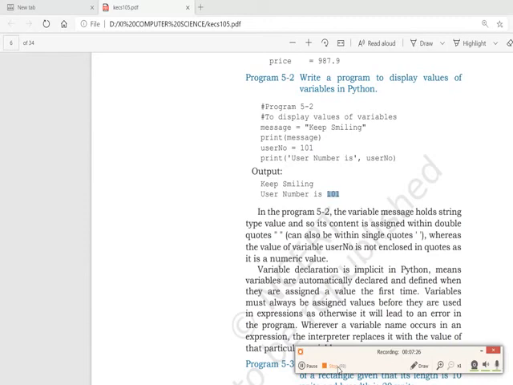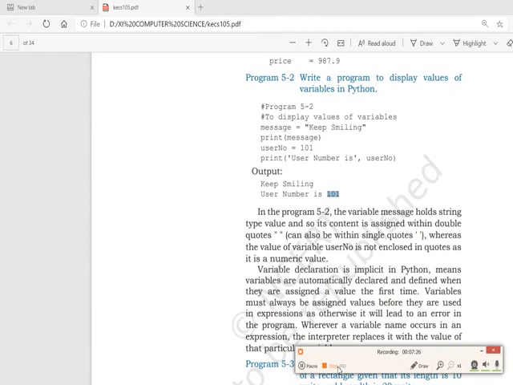Then the print function you are using, that means again the output part. The print function has 2 parameters right now. You want to print the string user number is, so that gets printed. After that comes a comma, which means there is a separator between the next value user no, and that separator is a space, and after that it is printing the value of user no which is 101.